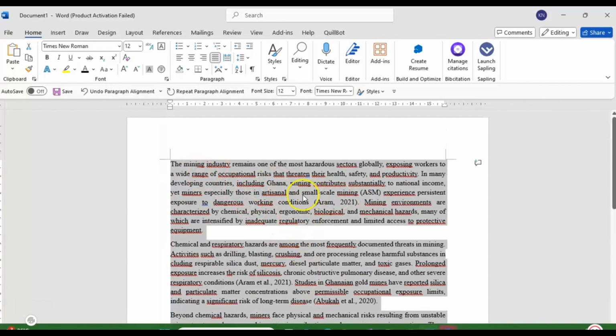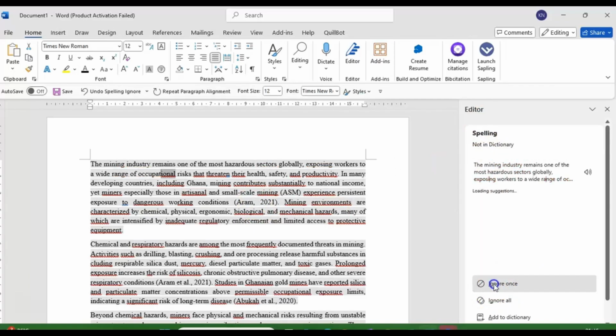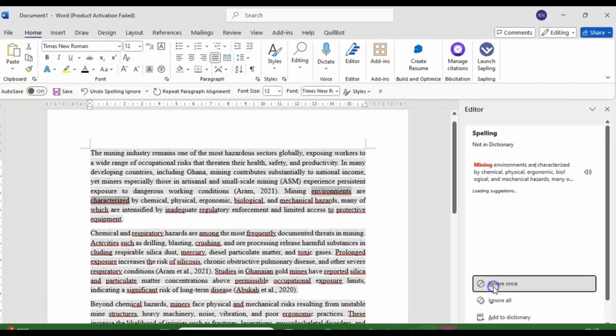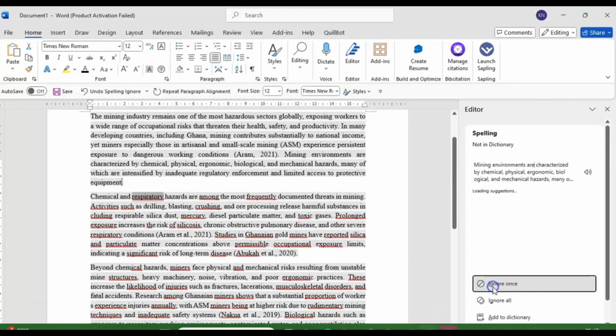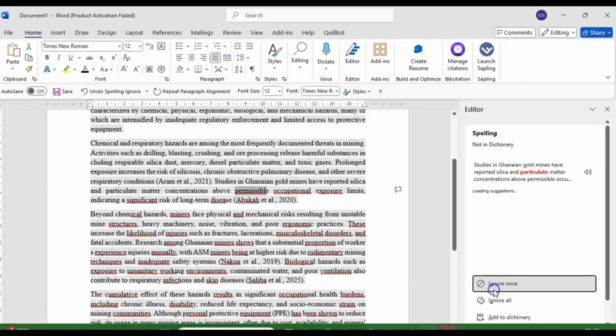But after running it through the Free AI Detector, you will see a lot of red lines under it. Forget about it, there's nothing wrong. You can remove it by right clicking any point inside of it and then coming to editor and clicking on ignore once. Just keep clicking on ignore once, and all the red underlined stuff will vanish. So now